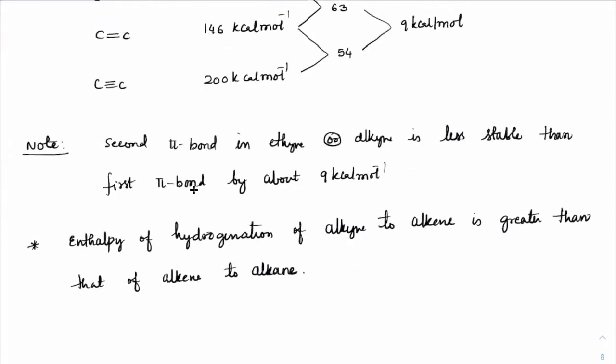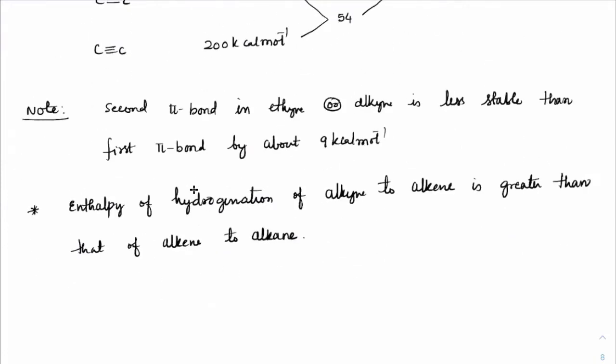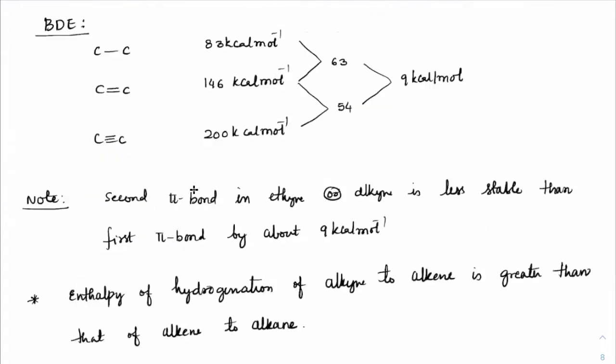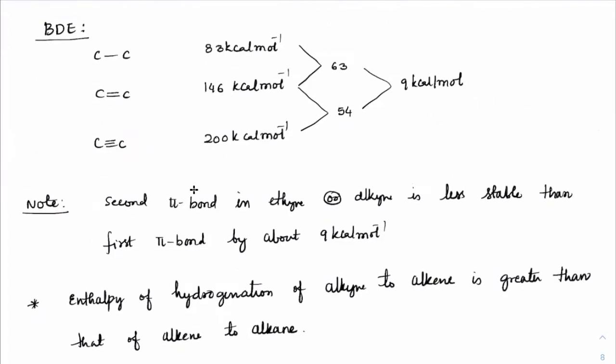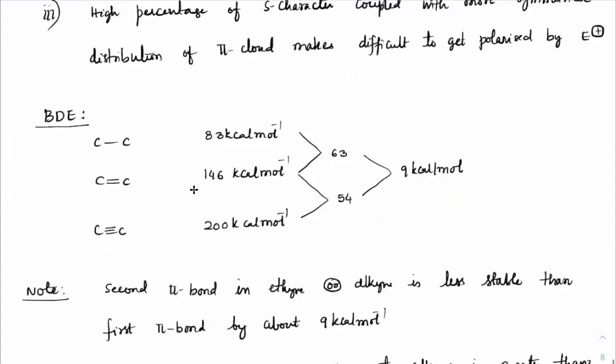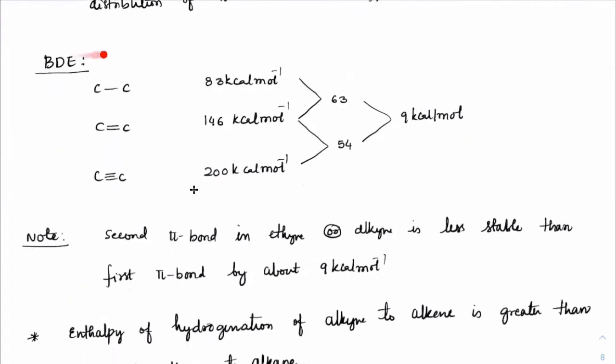Okay, and that makes us an important conclusion that when it comes to hydrogenation, alkynes are more reactive as compared to alkenes. But when it comes to electrophilic addition, these are the cases where it will have a very strong s character, a vinylic character, or an unstable ring formation. All of this would make it less reactive. Clear, everybody? So this energy detail would be much more important when it comes to hydrogenation.